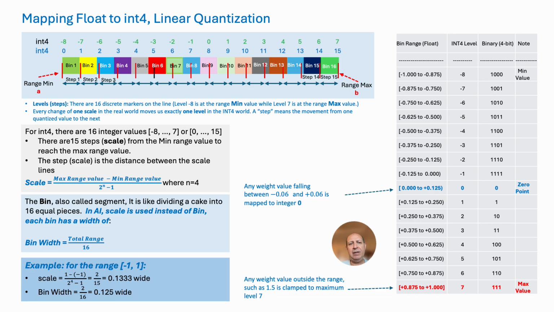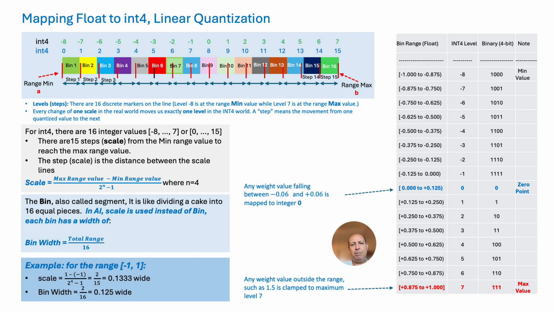Let's discuss how we map real numbers into quantized integers using linear quantization. In this example, we will use signed integer 4 that has 16 integer values starting at -8, -7, all the way to 6 and 7. On the slide below, we use one marker for each quantized integer value. These markers are depicted by small vertical lines aligned with the quantized levels -8, -7, -6, all the way to 7. In total, there are 16 markers to depict the 16 quantized levels.